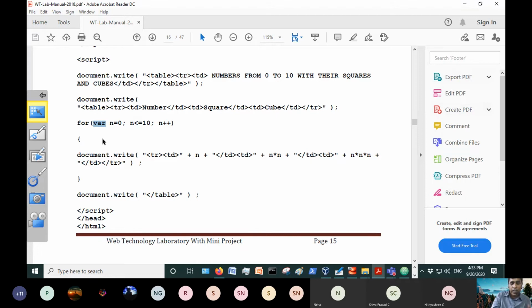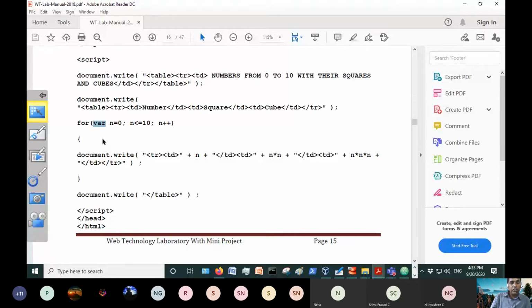That means there is a difference between a dynamically typed language and a statically typed language. Dynamically typed language means the type checking is done at runtime. That means the checking of data type, whether integer, float, boolean, is done at runtime, not at compilation time.